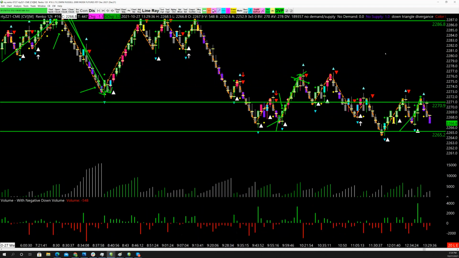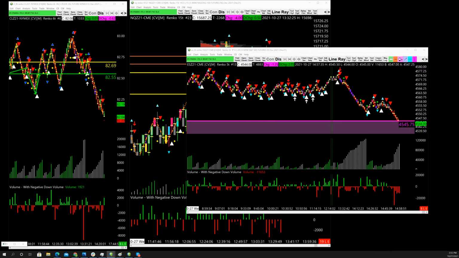The other part, so that's one piece, right? Let's go back to ES for a second. So we know that this process works. Your larger rotations are going to come underneath those green lines that I post up every night, right? So when we look at ES and we look at the same concept in ES,